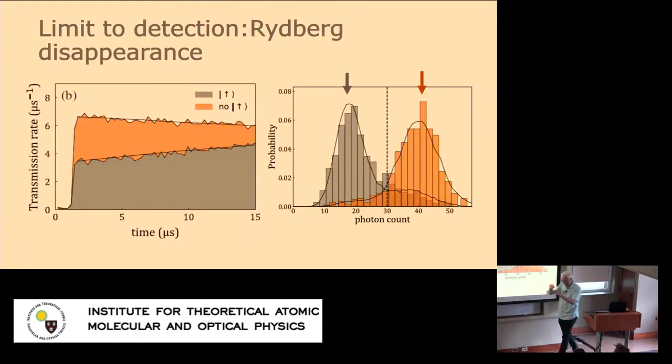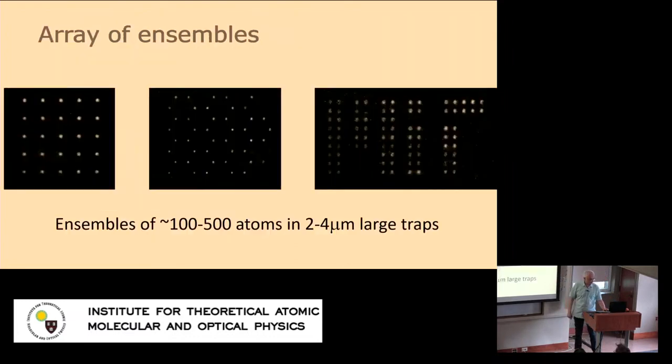However, this is basically preparing a Rydberg atom inside the ensemble. If you really wanted to use this as a detector in any general single atom array experiment, one geometry that you could imagine is you could have your single atom array for quantum computation, and then somewhere a region with small ensembles where you bring the Rydberg atom close via transport in the tweezer, and then you can try to see whether you can non-locally detect this Rydberg atom, not by measuring its fluorescence, but the transmission through a small ensemble. So for this, we set up arrays of small ensembles.